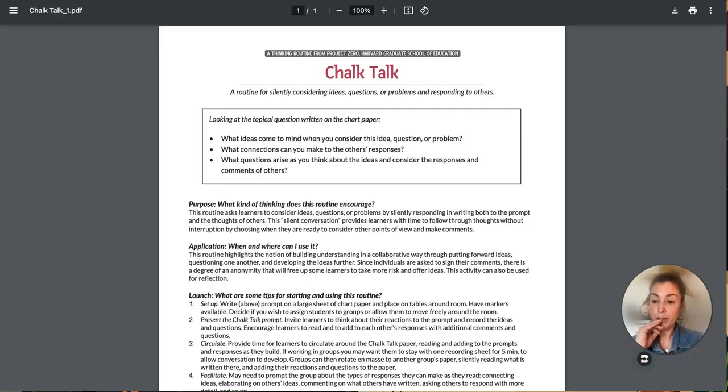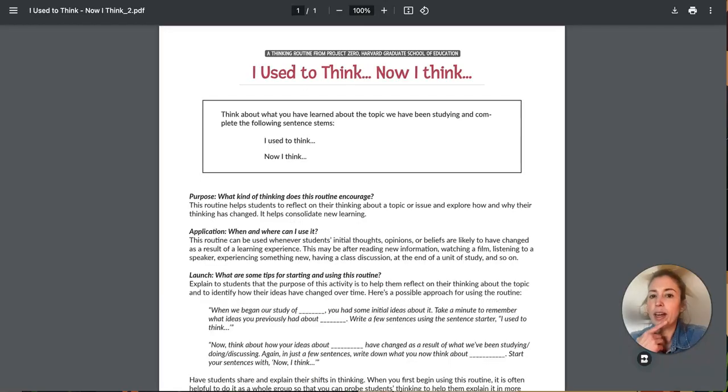For one, it's really fun because why not? Why not get involved and work alongside them? But for two, it helps to show them in the moment what it is that you are looking for. And also shows, oh, wow, my teacher is interested and engaged. This must be really interesting stuff. Hopefully, right? So, our two routines this week, we've got Chalk Talk, and then we've got I used to think,